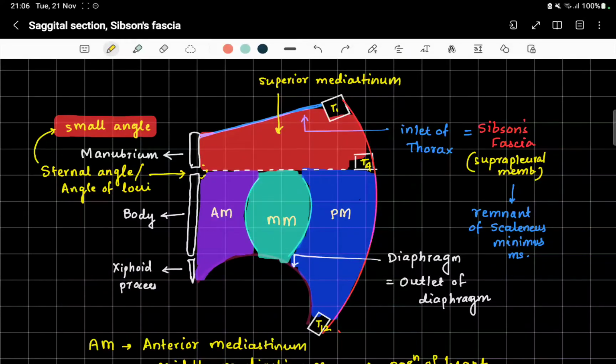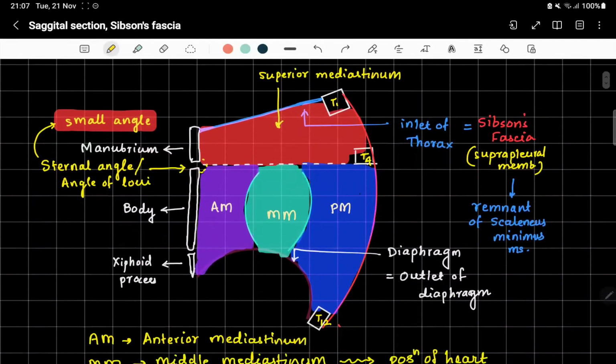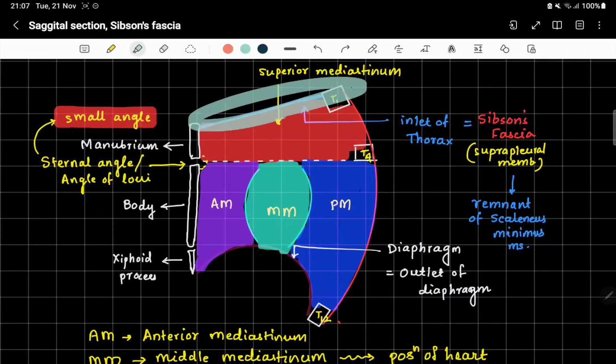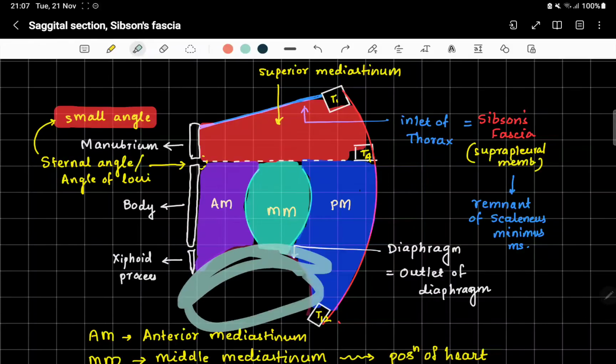Now talk about the thorax. So talking about the thorax, let's first see the sagittal section of the thorax. So we have the mediastinum here. This is the thoracic cage. This is the thoracic cavity, and this is called the thoracic inlet, and this is the thoracic outlet formed